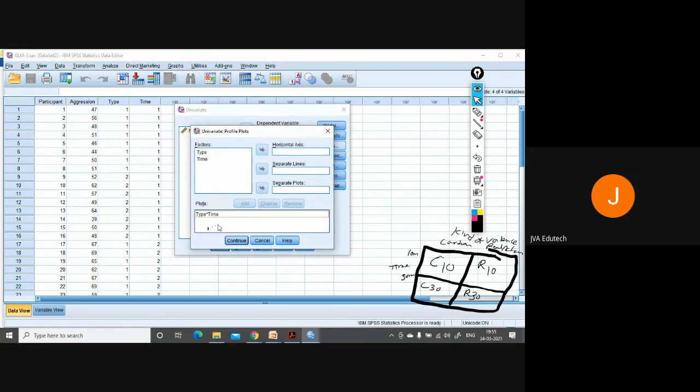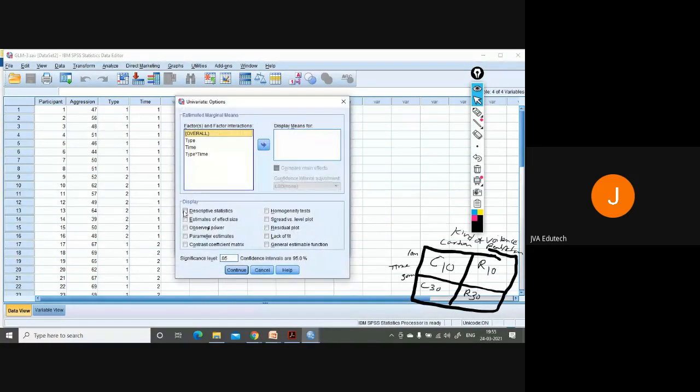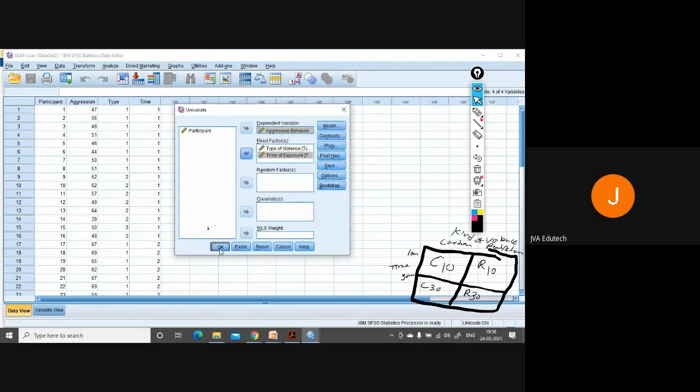Continue. And in the options, descriptive statistics, estimates of effect size, and we will take the interaction effect only, type into time. Continue. Okay.